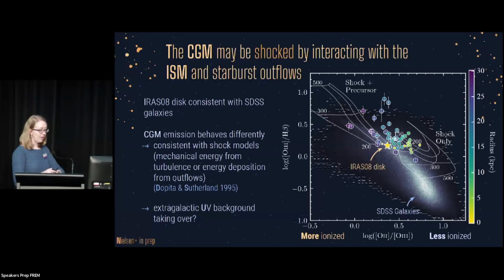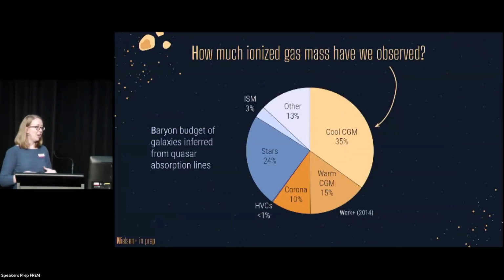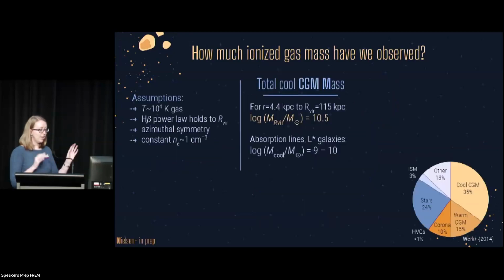All right, so in my last minute, I just wanted to ask a question. How much ionized gas mass have we measured? Because the baryon budget of galaxies from quasar absorption lines has suggested that the CGM should make up over 50% of the baryons in galaxies. So we can make quite a few assumptions, some of which have quite a lot of uncertainty, but we measure a total CGM mass between 4.4 kiloparsecs, which was that boundary between the ISM and the CGM, all the way out to the virial radius, which is the rough boundary of the CGM. We get a total mass of 10^10.5 solar masses, which is comparable to what we've measured with